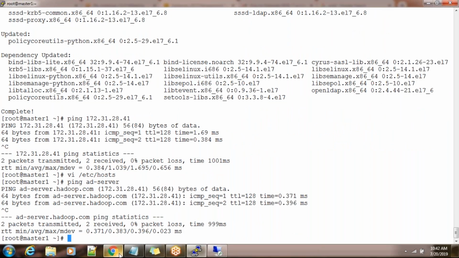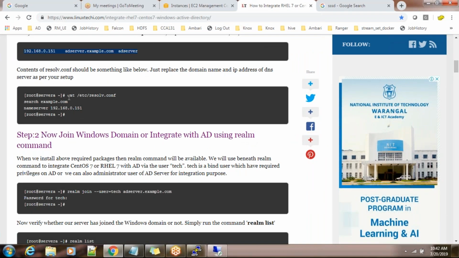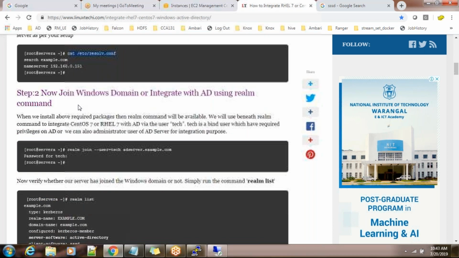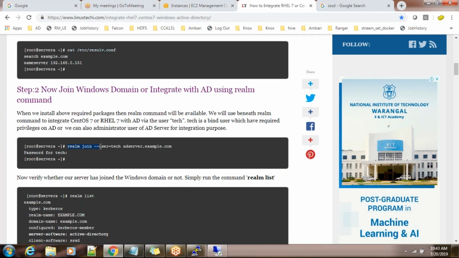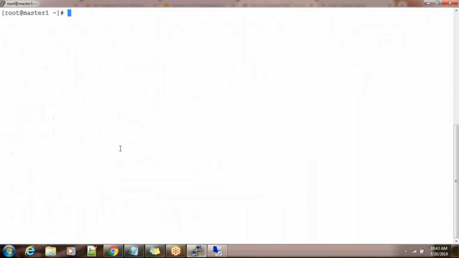The next thing, okay. resolv.conf, we will skip this, because we are not checking this one, since we already have it in /etc/hosts. Now use this option to join. Okay, so realm is the command that we use to join to the AD. Realm